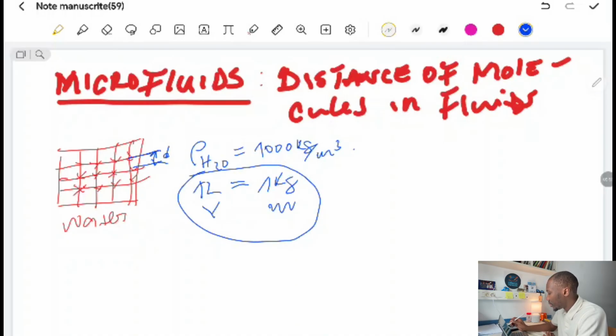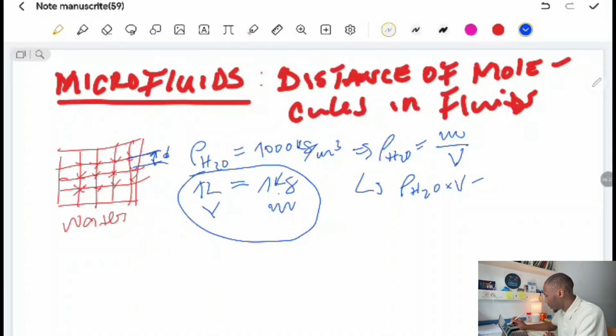We know that the mass density of water is equal to the mass over the volume. And then we're saying that in 1 liter of volume, what's the mass of the water? So we'll actually find the same value of 1 kilogram, which means density of water times the volume is equal to the mass. And density of water